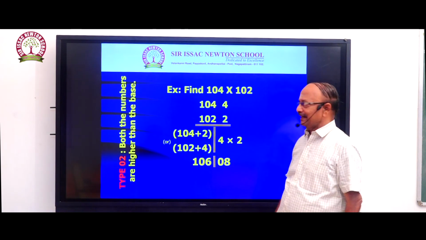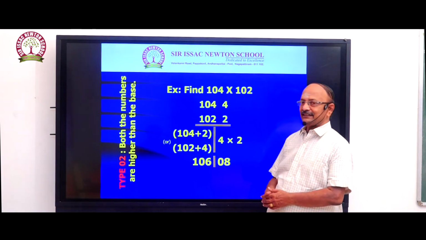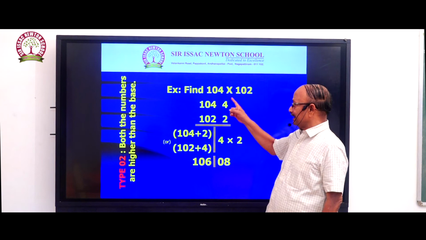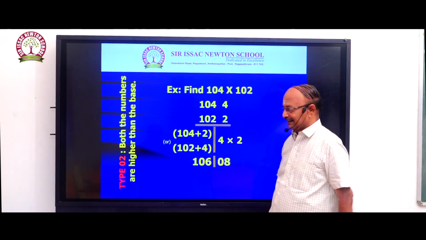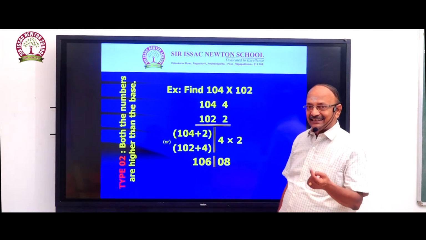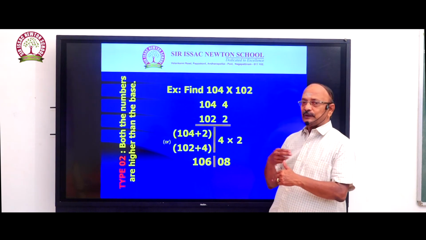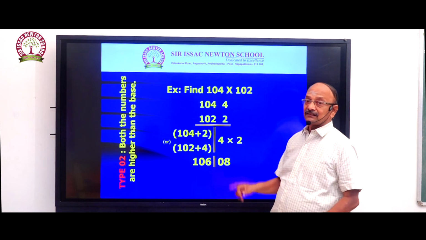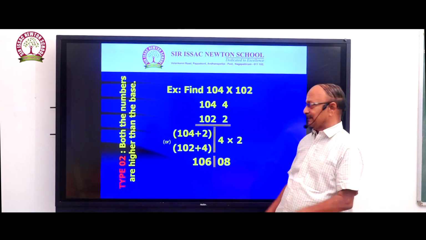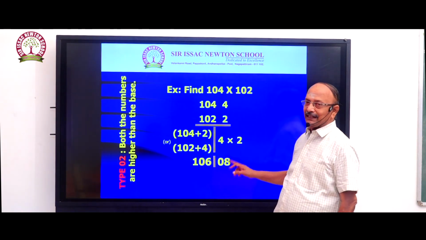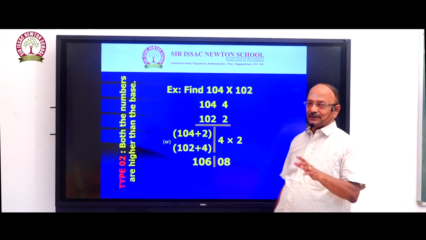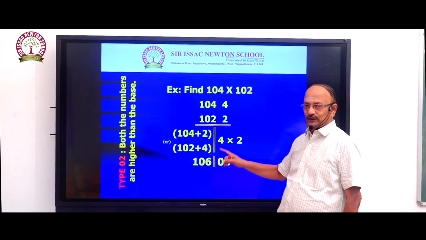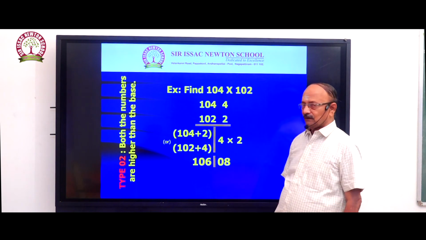You keep it in your mind. If the base is 10, 1 digit is okay. Whereas if the base is 100, you should keep 2 digit here. Since I am getting 8 in single digit, I have to make it into 2 digit by adding 0 on the LHS of 8, not on the RHS of 8. Otherwise it will shoot up to 80, whereas still the value remains as 8 as I am putting the 0 in the LHS of 8.